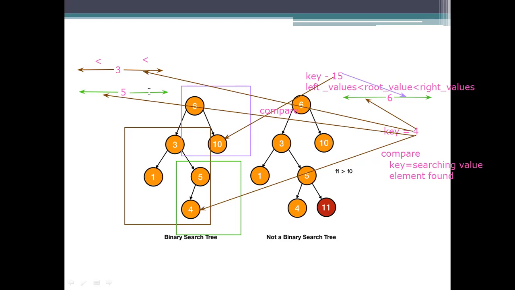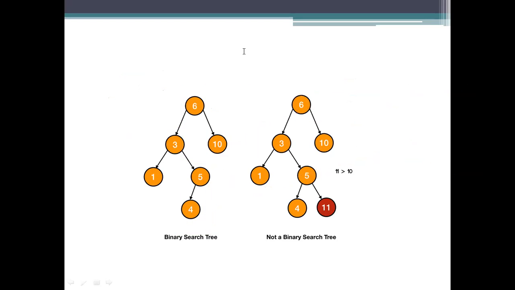So here the less than values, here the greater than values. What is the key value to be searched for? In which direction will it be? On the left side of that one it will be. So go to the left subtree. First we need to study the children. Here the child we are using, is it a leaf node or not? We should know. If it is a leaf node, then we will stop the searching process. Why? Because it doesn't have any nodes below, and we need to compare the key value with the searching value. If it has children, the same procedure will be repeated again and again. So that is an example of the searching process here.